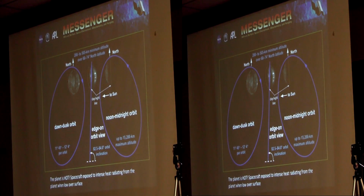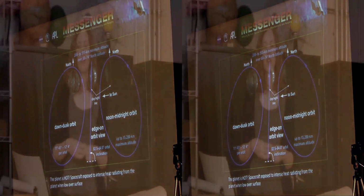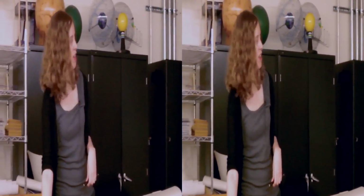We started in a 12-hour orbit. Now in this extended mission, we're in an 8-hour orbit, so a little less cooling time, which had some effects, but you can still see that. It's also a slightly inclined orbit, so we're never passing directly over the North Pole, which has other implications that might come up when you...